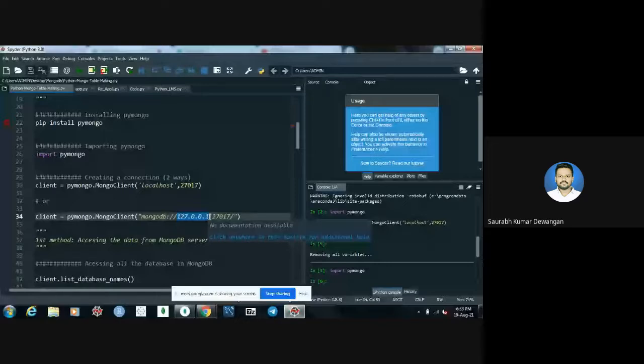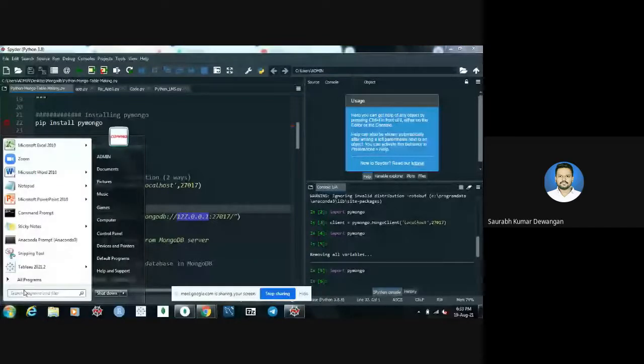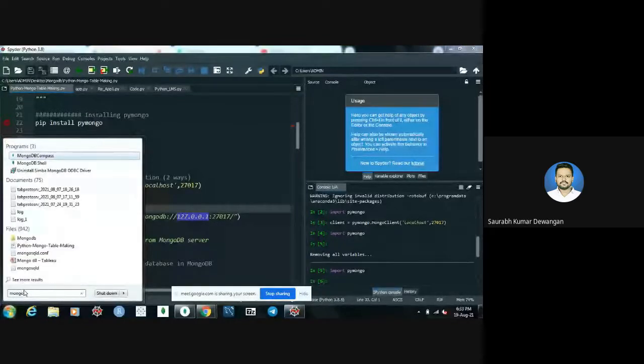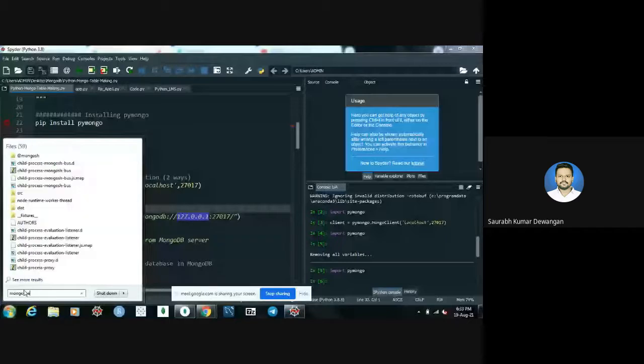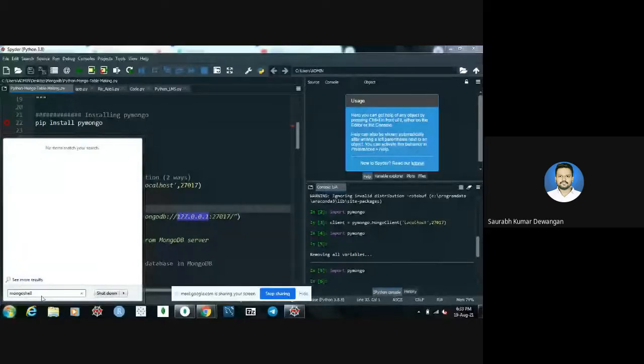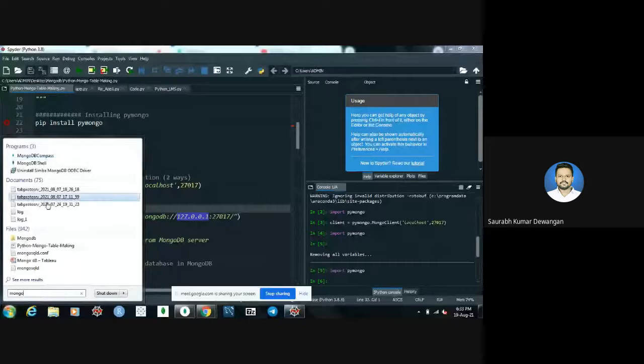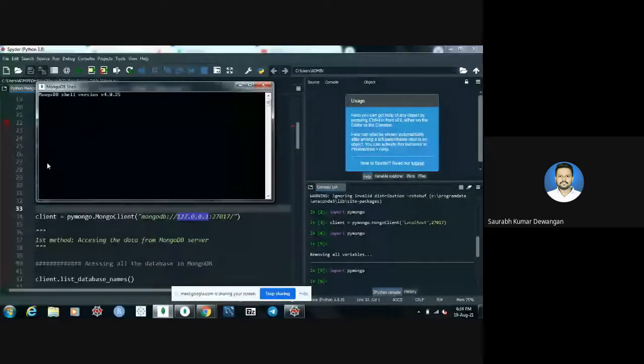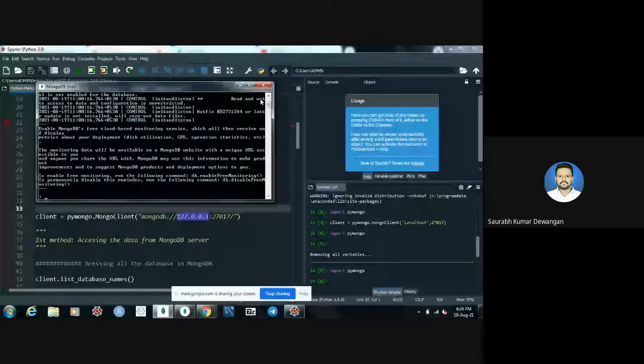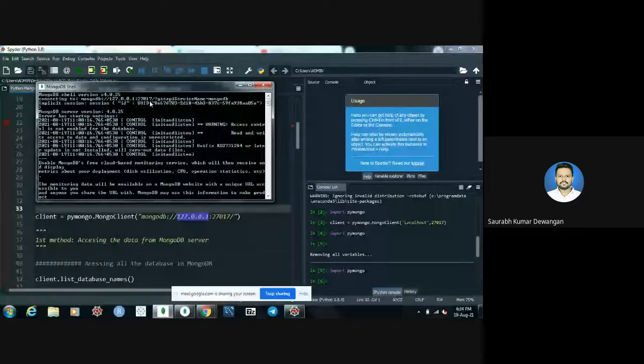After installing MongoDB, what you have to do is go to the Mongo shell. Let me show you. The MongoDB shell. Okay, if you scroll a little up, you can see in the second line the server ID and the port are mentioned.